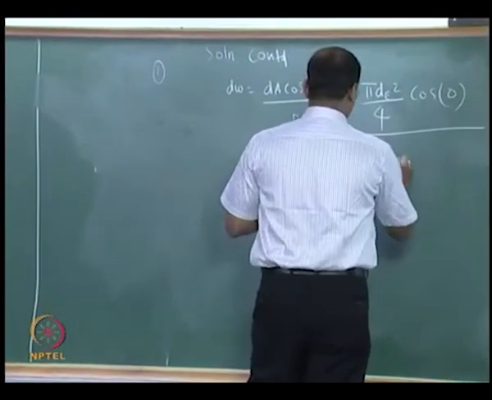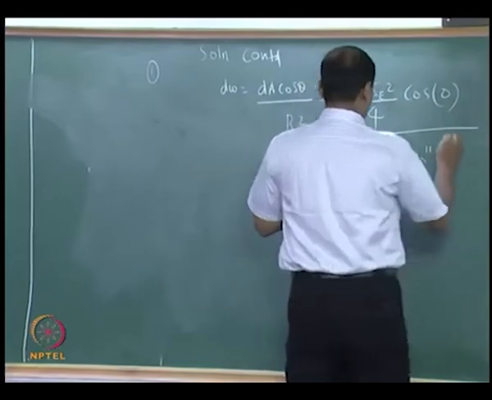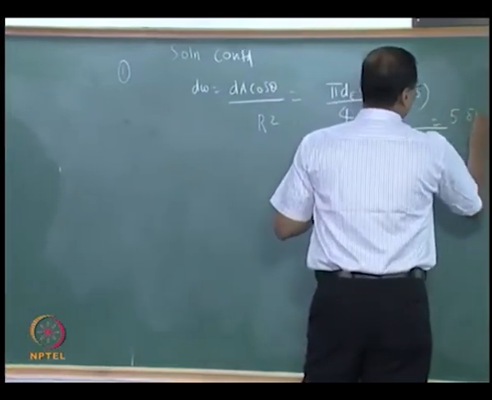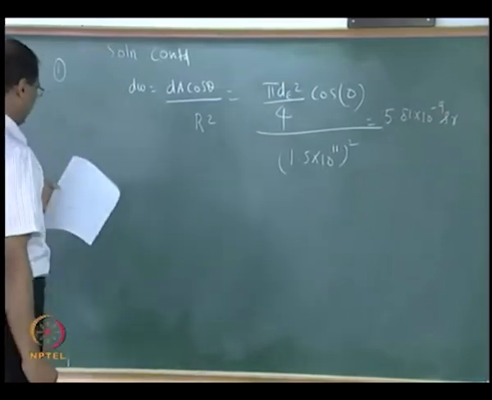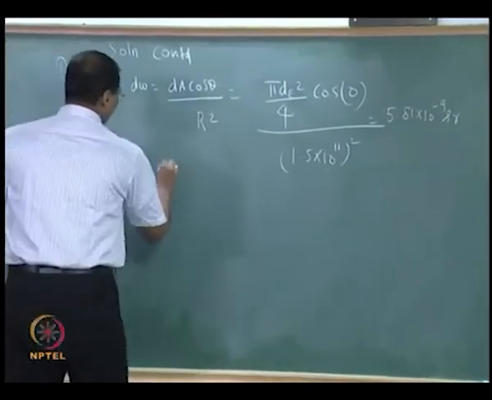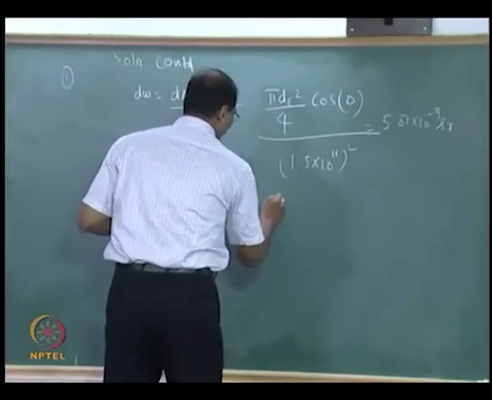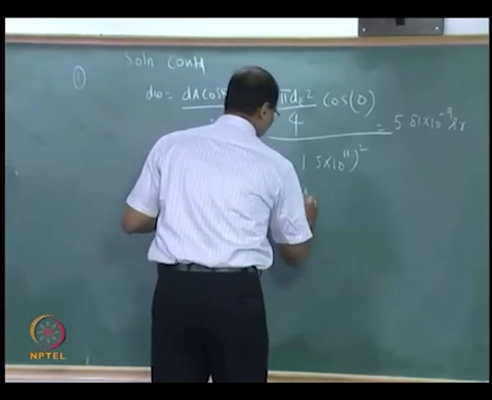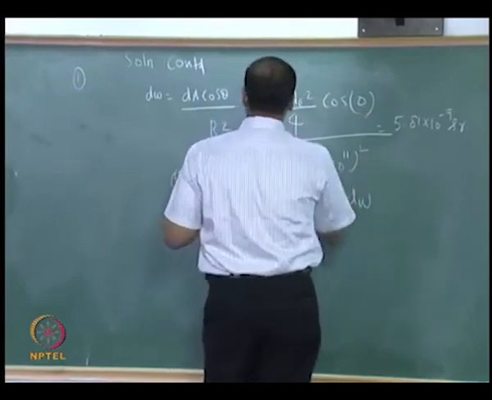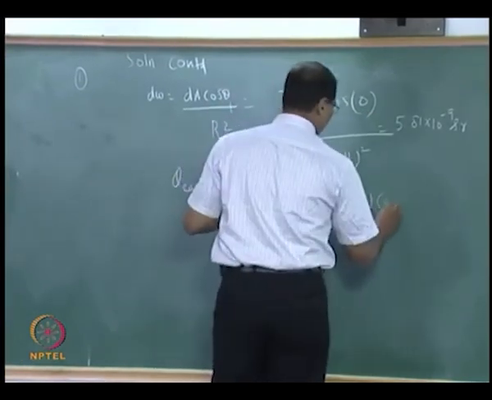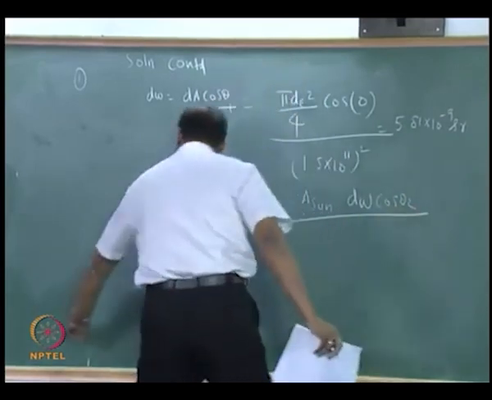divided by the square of the distance. This is very small, 5.81 times 10 to the power of minus 9 steradian. This is d omega. Q earth is equal to I sun